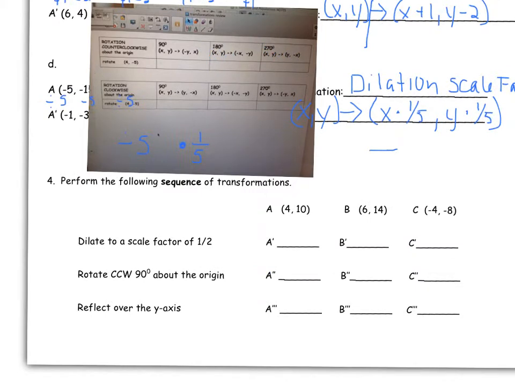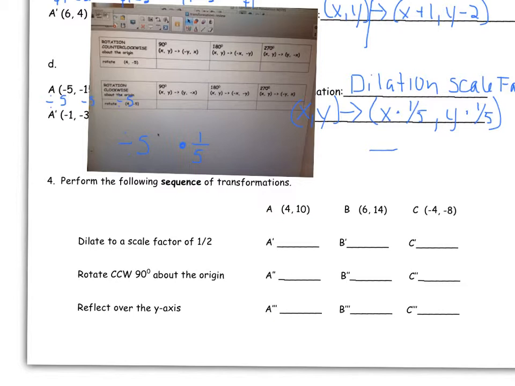Okay. The last one. To me, this is the absolute easiest 4-level question ever, as long as you remember that it's a sequence. So you're starting with here and you're doing 3 different things to it. First, dilate scale factor of 1/2. So we're doing a sequence of events. So you're starting with here and changing it,